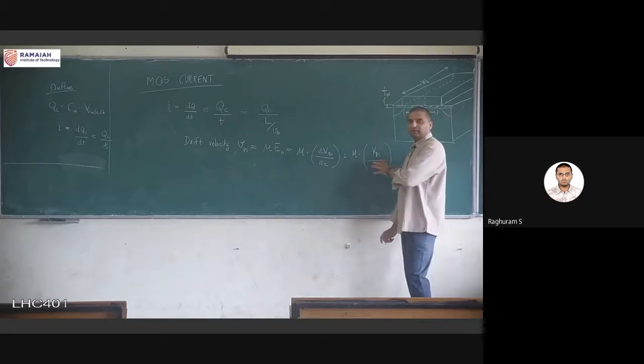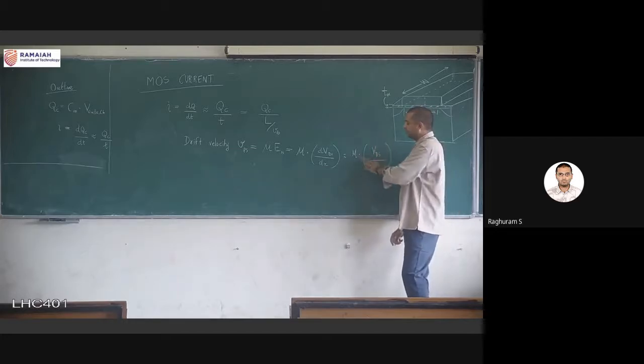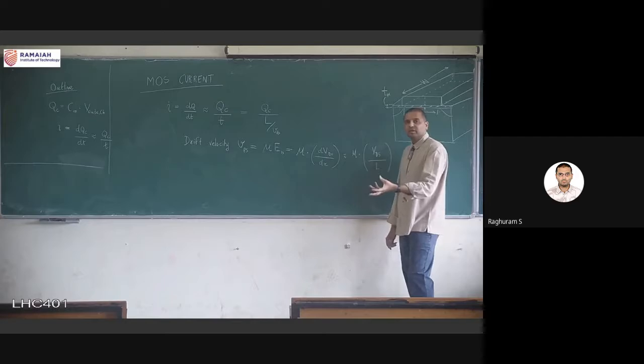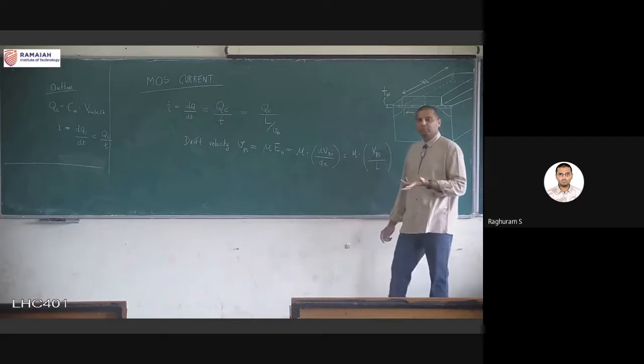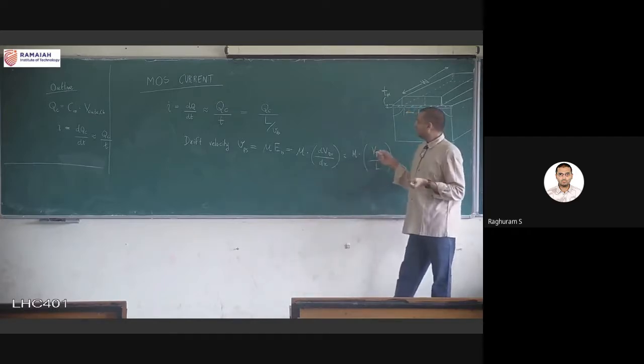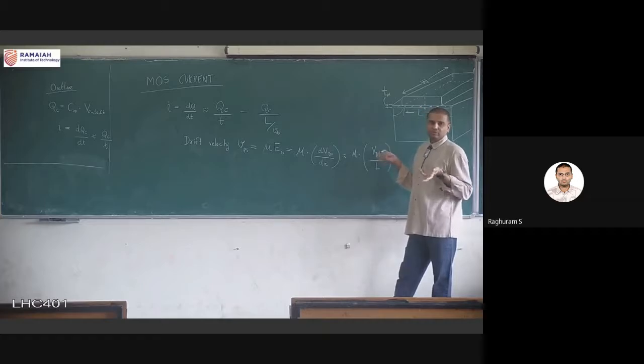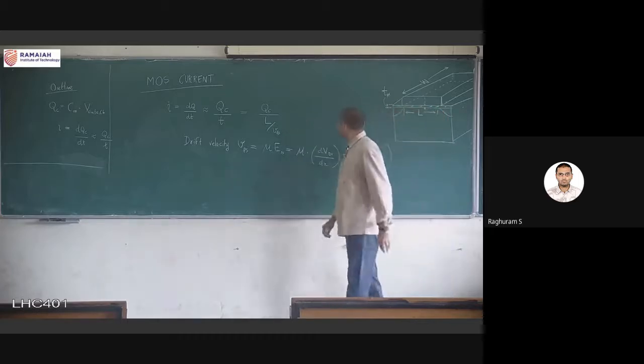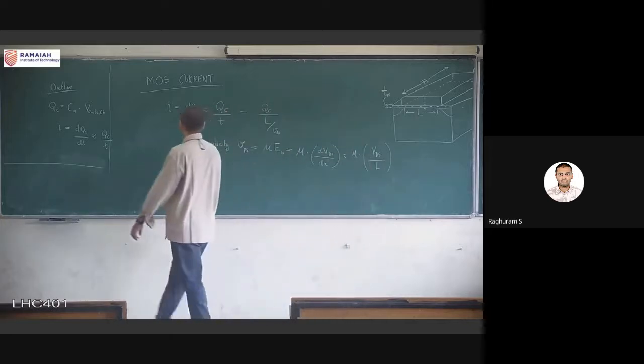So now I am in a very nice position because almost everything is known. Mobility is a material property of silicon; whenever electrons are moving in silicon, they will have some particular mobility, so this number I will know. This is my voltage, which I know because I am the one applying it. And L is a very global parameter, the size of the transistor, so that is also known. Almost everything is known on the right hand side. So then put it back in here, and you will get, therefore,